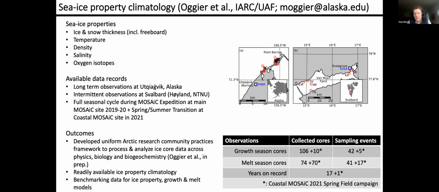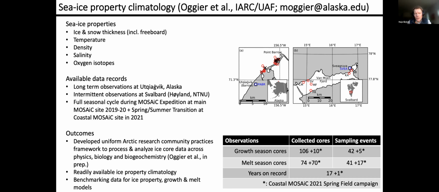What's important is that for MOSAIC, for a number of reasons, there's work that was carried out at a coastal site at Utqiagvik in northern Alaska, and that data may be of direct interest to this group. You'll see some links to how to access the data sets here. The CS property climatology builds on work that we've done at UAF for almost 2 decades now, with core physical